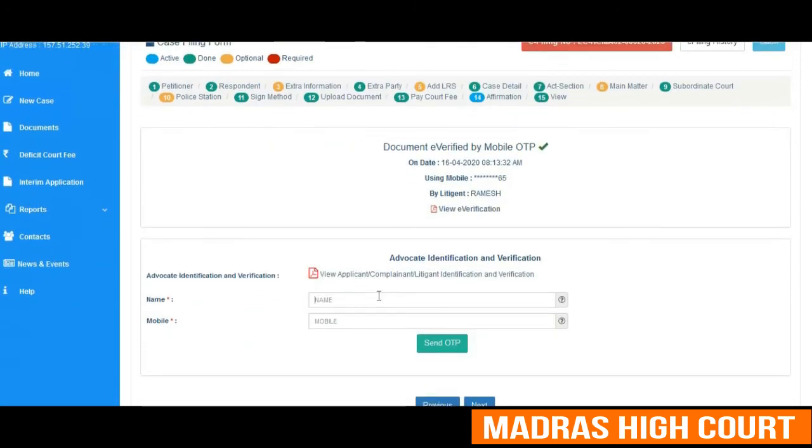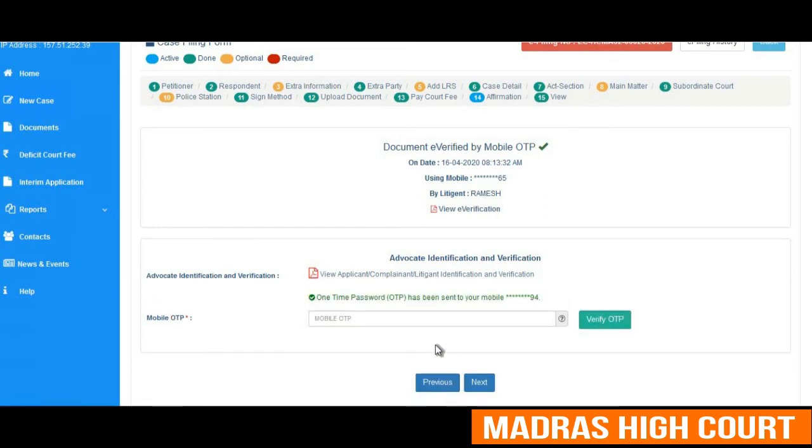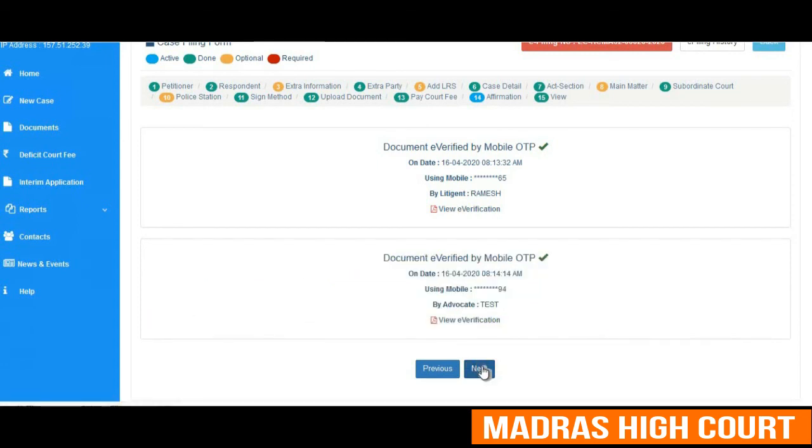Next comes the advocate identification and verification. The advocate has to type his name and the registered mobile number of the e-filing portal and press the send OTP button. An OTP would be generated and sent to his mobile number which is registered in this portal. The advocate has to type the OTP which he has received and verify the same. After verifying, the next comes the